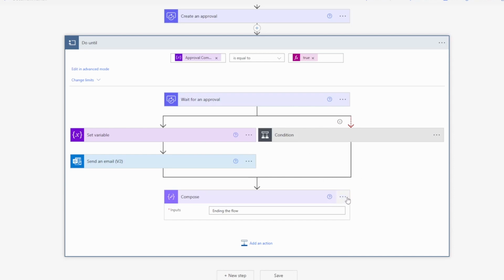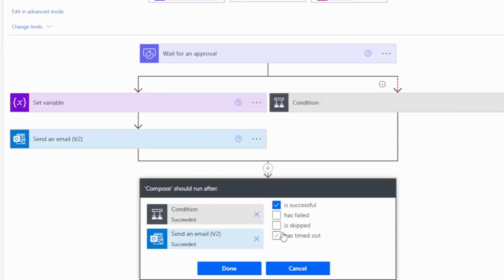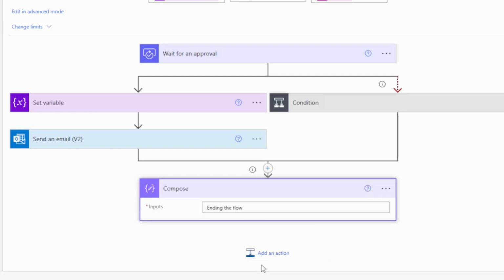branch actually executes. And to do that, we're going to click on the 3 dots, go to Configure run after. We want to make sure that both of these options on the left show both succeeded and skipped. And you kind of have to click from one to the other to get the checkboxes to switch back and forth. So both of them are showing that they'll run on succeed or skip,